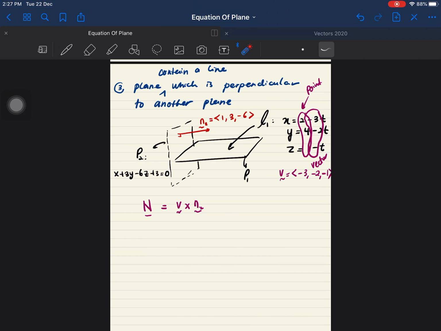Okay, so case yang keempat, kalau dia kata find the equation of the plane which is perpendicular to